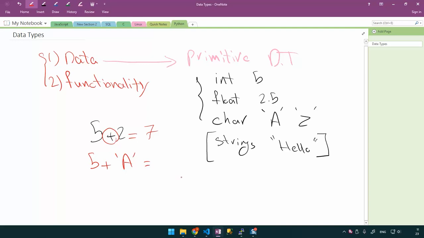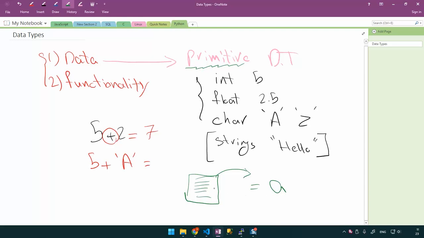The other point that I want to make, we call these primitive data types. So do we have other data types? Let's just say you have a file, whatever file. Say this is an image or an HTML file or a text file. I can read this HTML file and save it into a variable. So basically this whole file will be saved into a variable called A. But is this primitive?